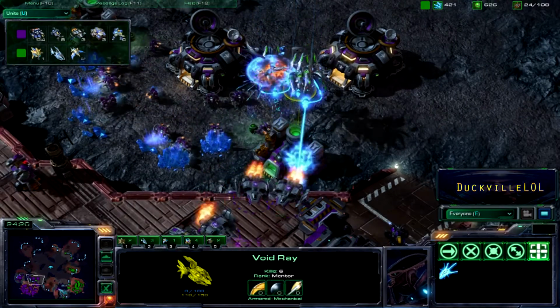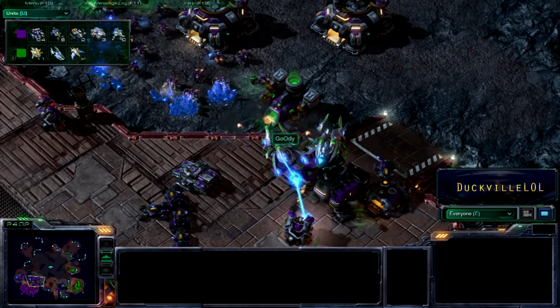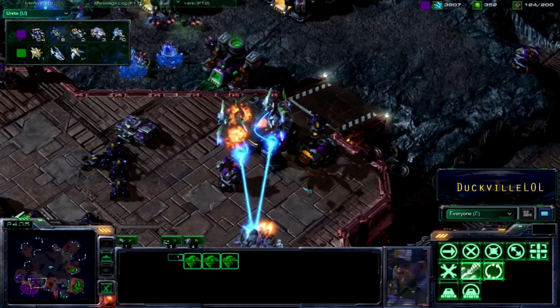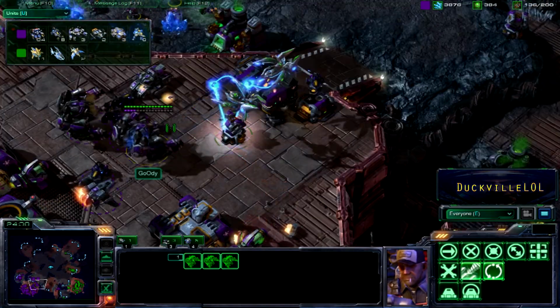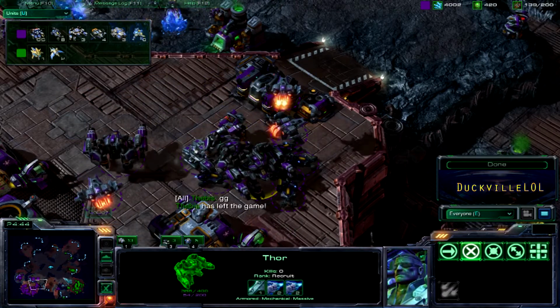But I guess that is just about the end there. The turret taking care of the rest of the Void Rays. 2 turrets. That guy's shooting from miles away. The turret's just dealing with that. Couple of Thors pop out. They say hasta la vista, and that is the end of the Void Rays,